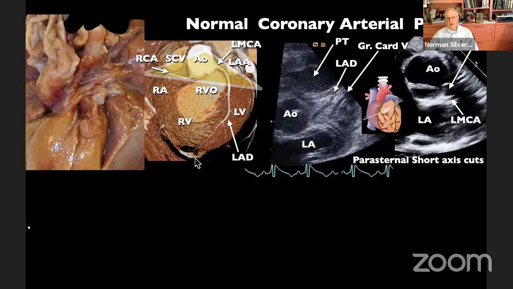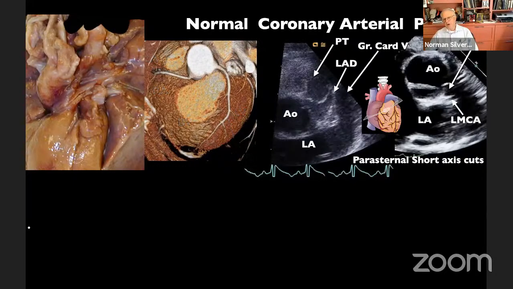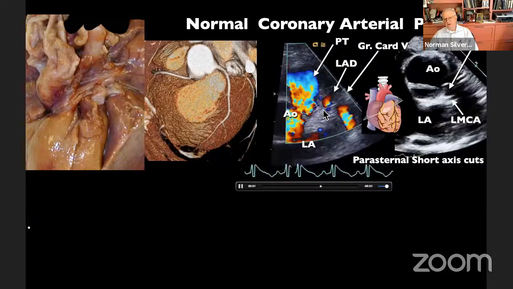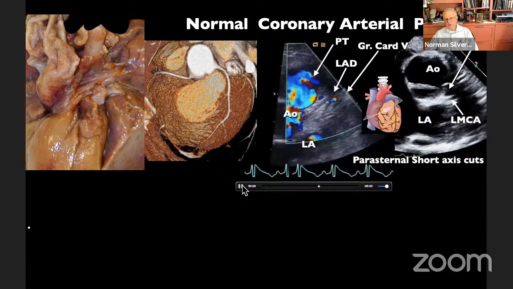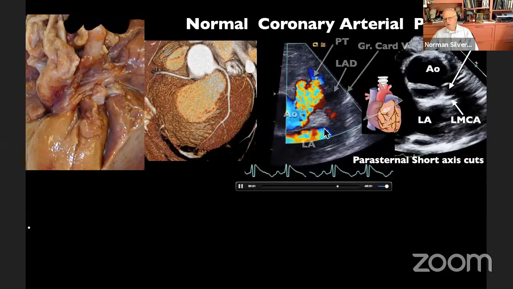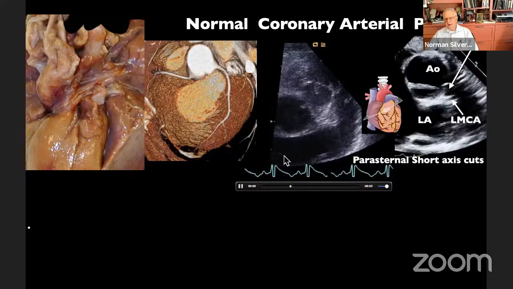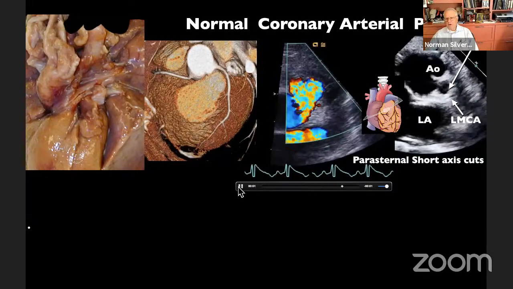So here's a CT scan that shows the beautiful origin of the coronary artery behind the right ventricular outflow tract. This is the freestanding part of the right ventricular outflow tract. Here's the right coronary artery over here. And this artery is safe from the surgeon's knife. And here is an echocardiogram that shows not only the left anterior descending coronary artery, but also the great cardiac vein. And if you stop, we'll just take the labels off. So this is great cardiac vein and the left anterior descending coronary artery.